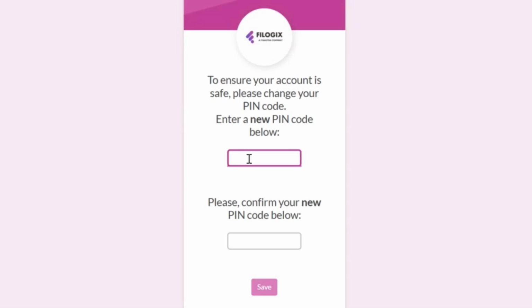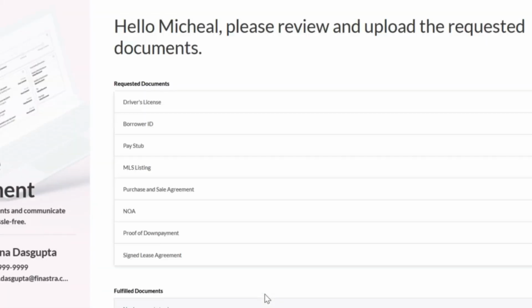Your client will then be prompted to update their PIN for security purposes. Here, your client must choose a new 4-digit PIN, which they can use for future documents requests. It is important for your client to remember this PIN. Once your client enters their new PIN and clicks on Save, they will be redirected to the page where they